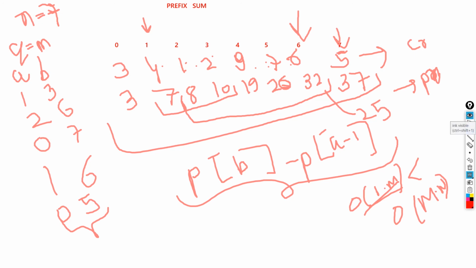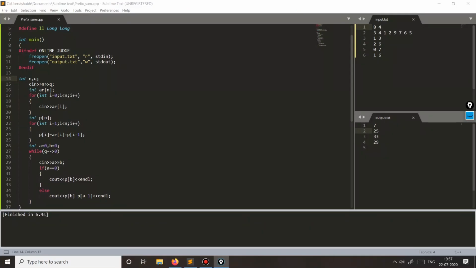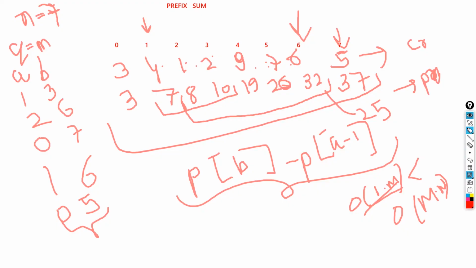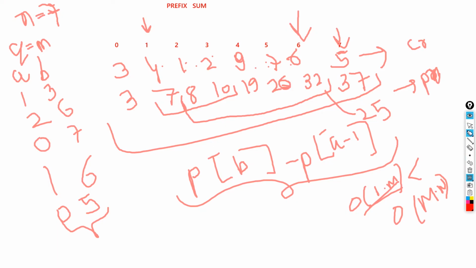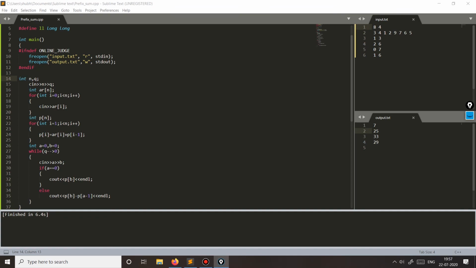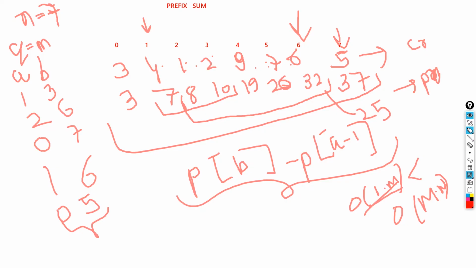Okay, and from 0 to 7 it is 33. And the last one is 29. Is it correct? 29 is from 1 to 6. So that would be 32 minus 3.